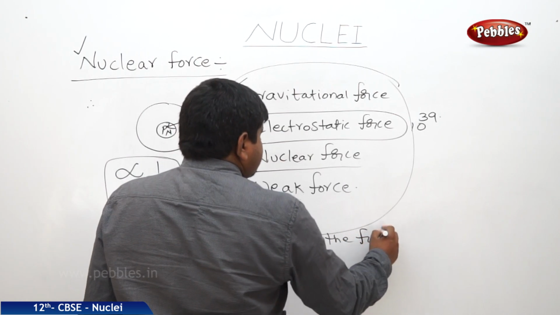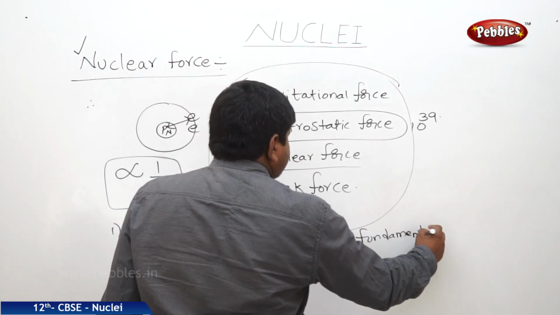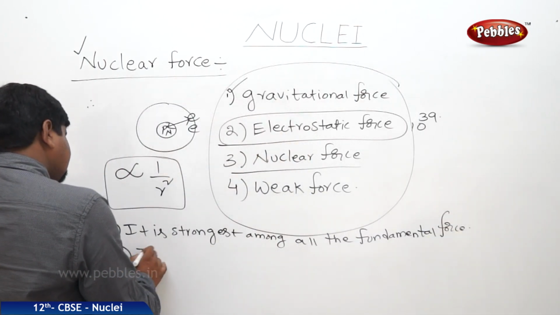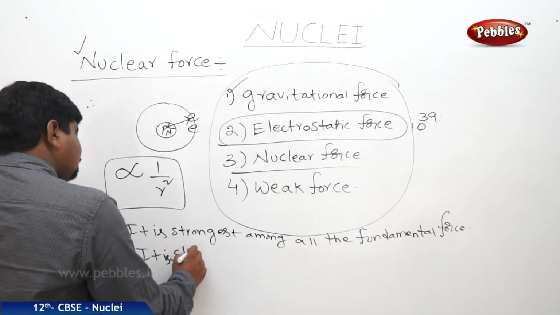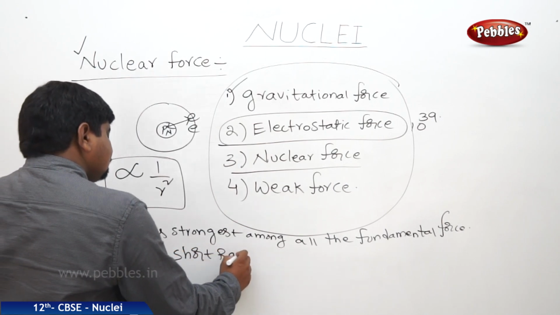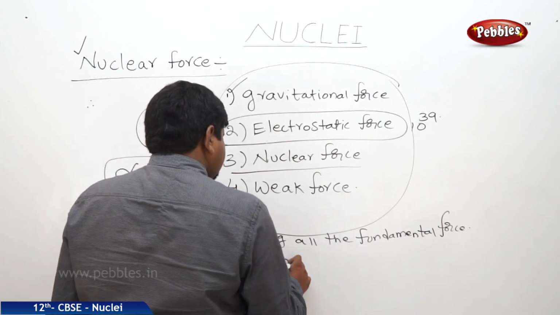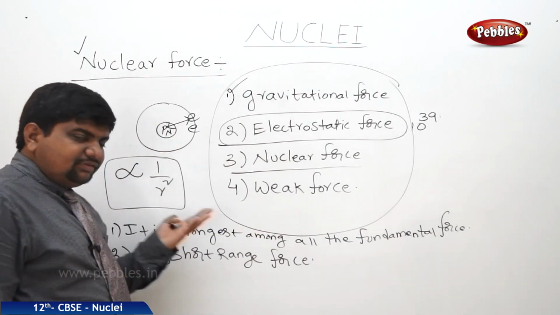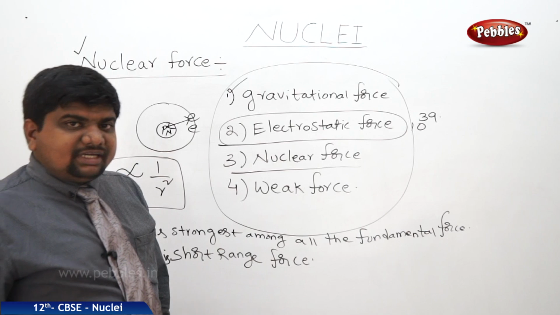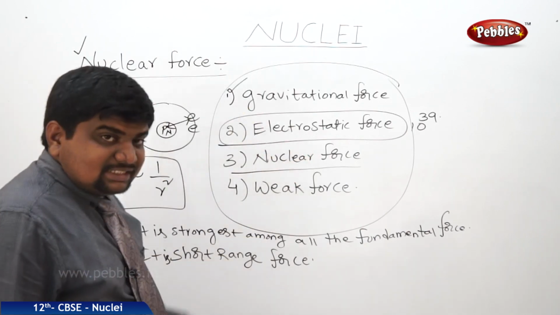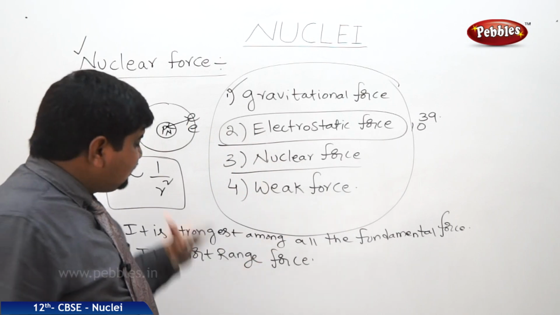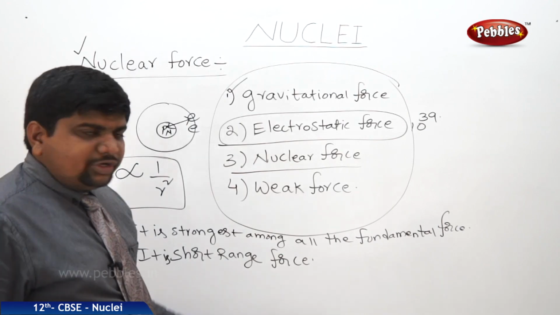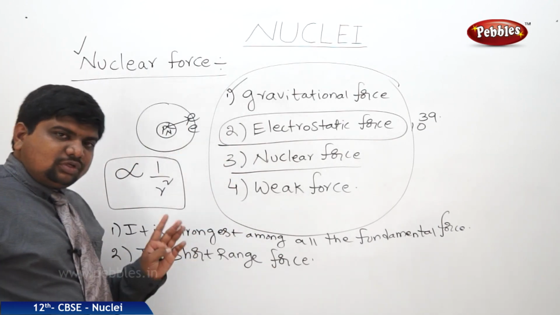All the fundamental forces. Second one, it is short range forces. The force will become zero if r tends to infinity, so 1 by infinity is 0. That's why if charged particles, ions or charged masses are separated by a finite distance greater than their limit of resolution, then the nuclear forces are going to vanish. These are the first two rules of the nuclear force.